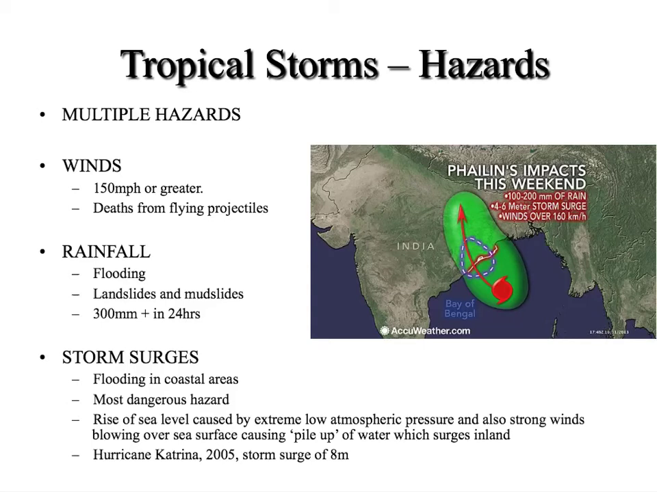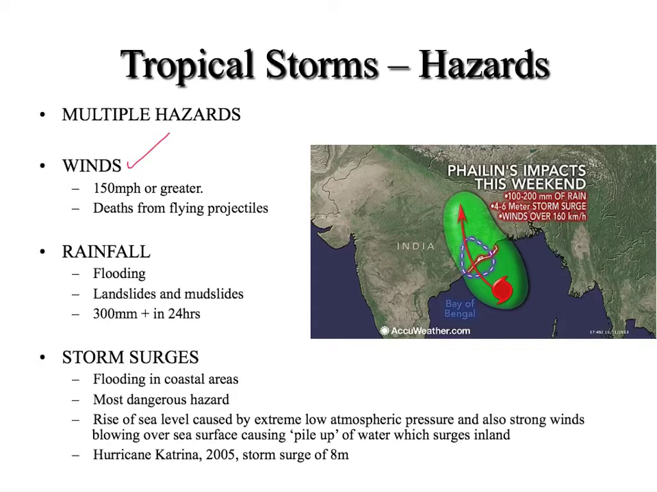In this video we're going to look at both the hazards and the impacts of tropical storms, so nice and brief. Tropical storms are classified as having multiple hazards, and the three main hazards that they produce are to do with the winds. We know that winds in the eye wall can be up to 150 miles per hour or greater, and these can not only cause destruction to buildings and infrastructure, vehicles, etc., but they can also cause deaths